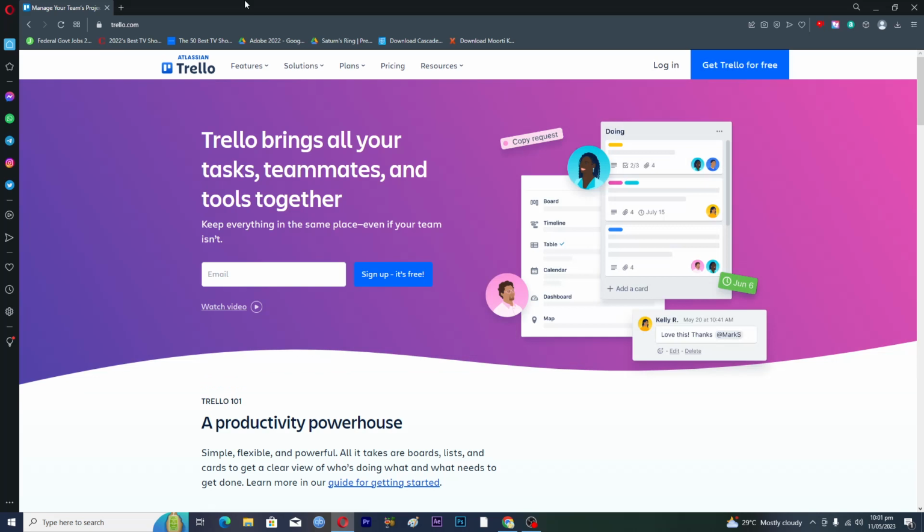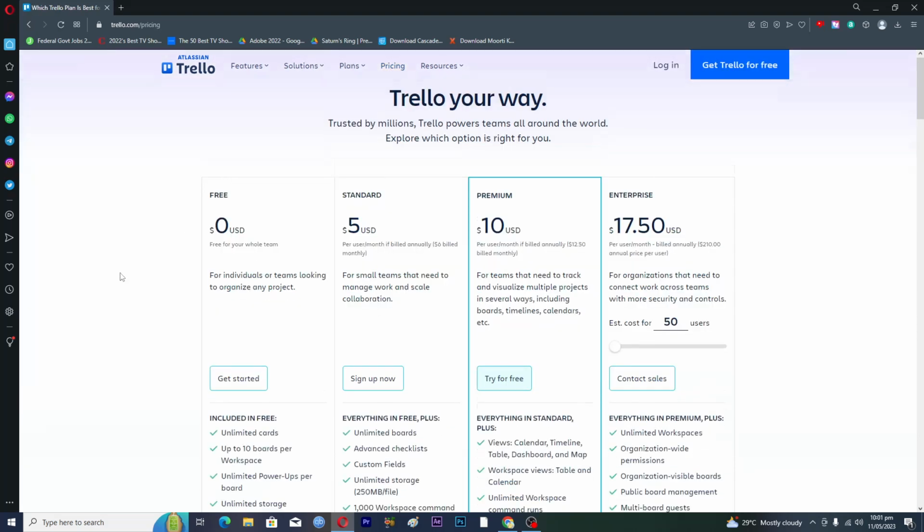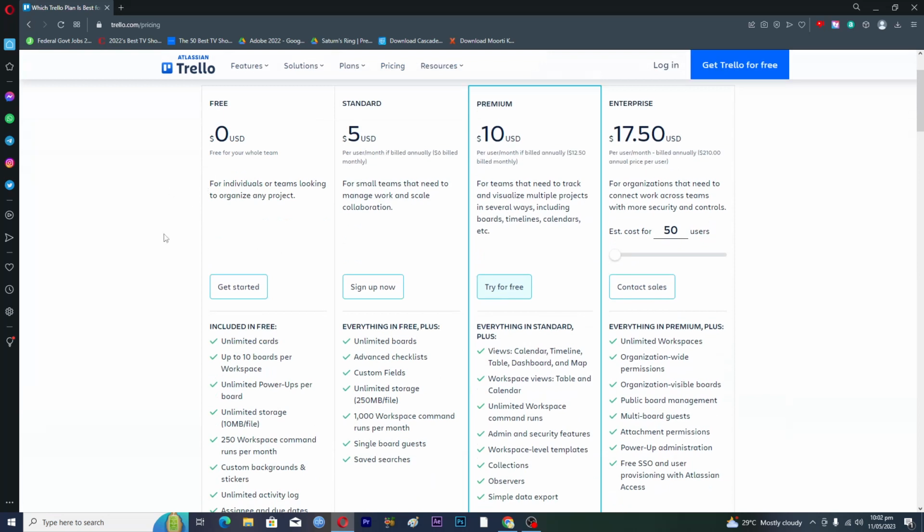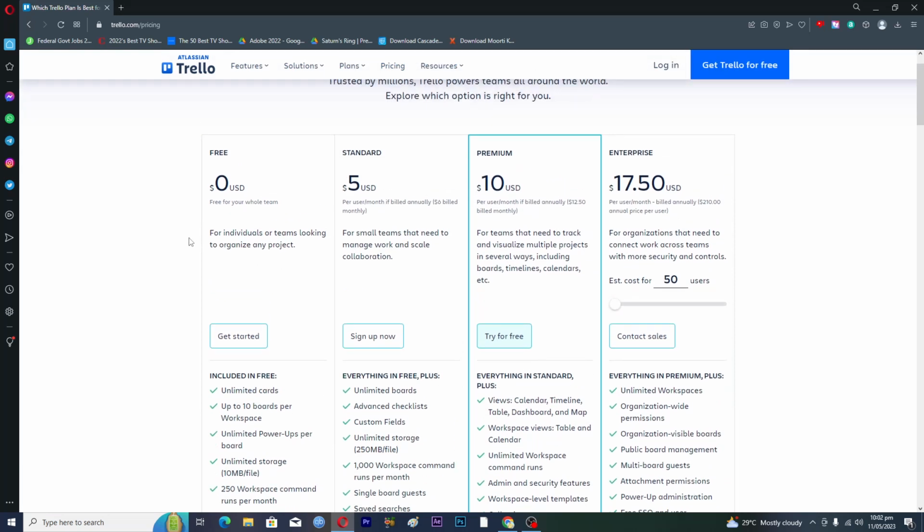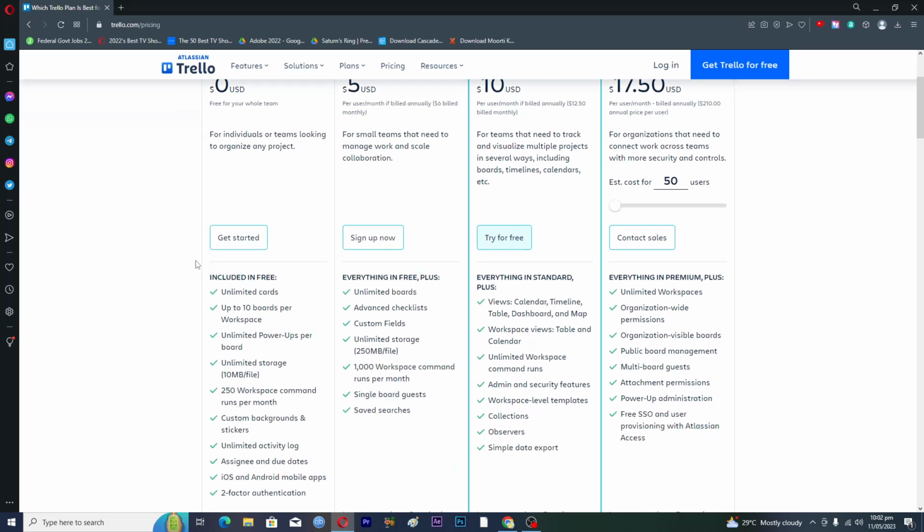for some cases it's free, but it also has the pricing here. Okay, if you want some more extra features from Trello, then you can buy their premium membership. So if we have a look at the pricing here, then we will get to see. Basically we will use this free version here. This free version is for individuals or teams looking to organize any project. So in the free version here we will have unlimited cards, but we only have 10 boards, unlimited power ups